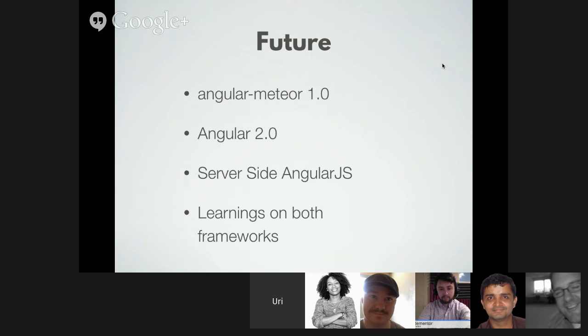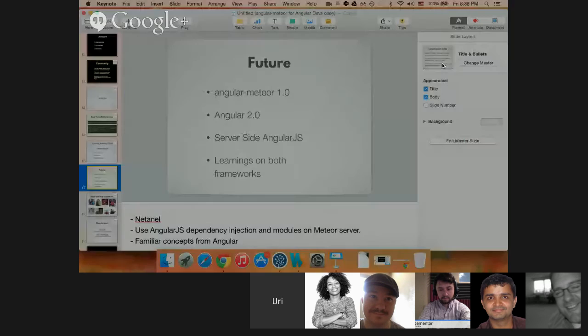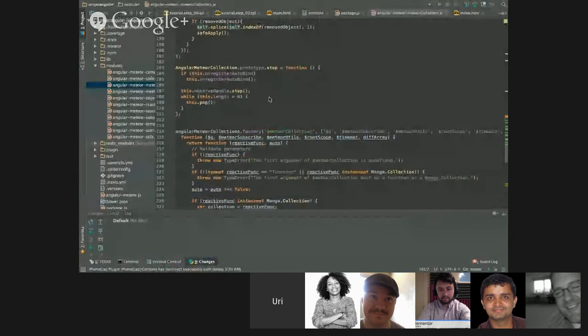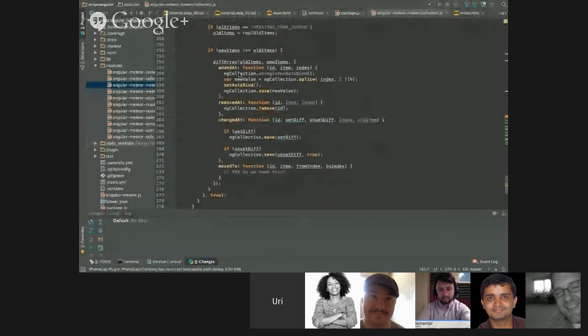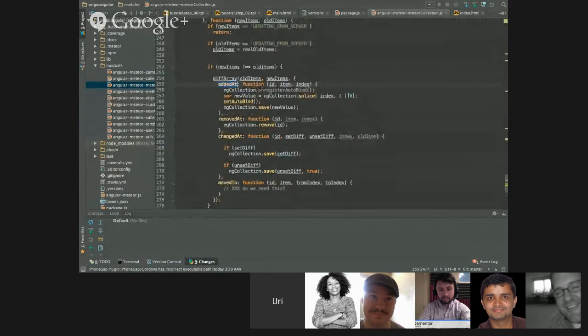And actually what we're doing in Angular Meteor is making Angular 1.0 behave a little bit like Angular 2.0, because when we're watching over the Angular array, we're actually just getting what's added, and then we're reverting the change. And we will later get that change from Mongo, from Meteor.